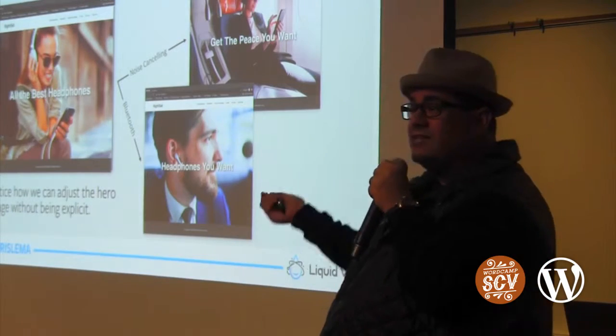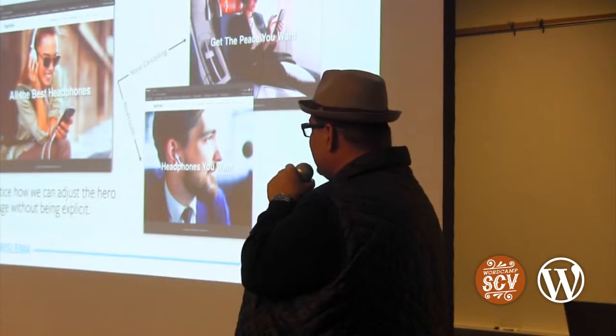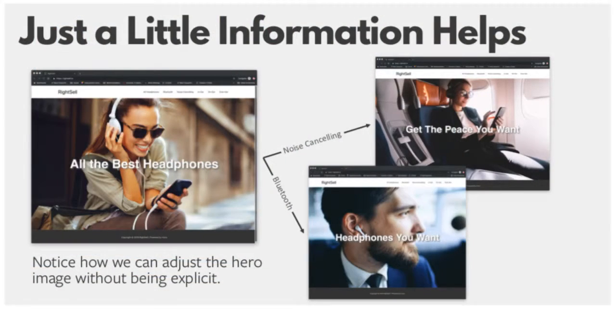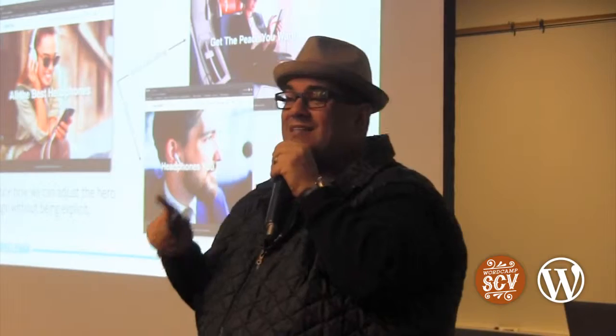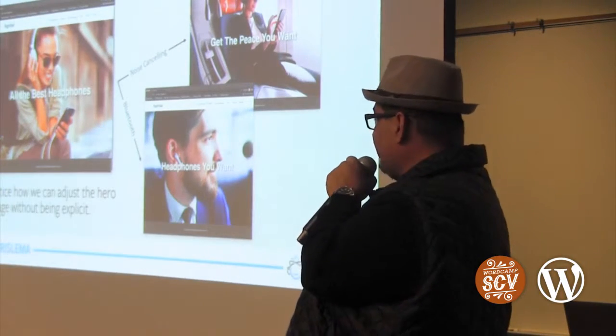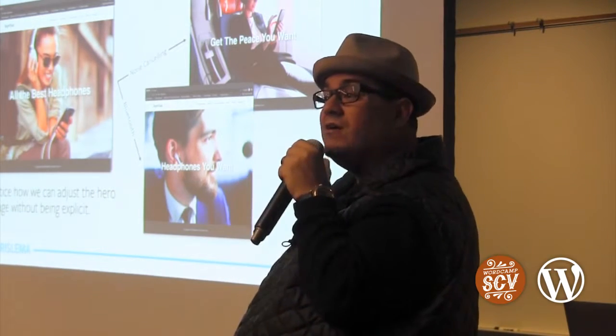When you get to this fake site, at this point it's called rightcell.io, and you have never been there before, you get a tagline that says, all the best headphones. There's a woman, she's got headphones on, and up here in the nav, it has all headphones, and it has Bluetooth and noise canceling and in-ear, on-ear, and over-the-ear, right? Those are the navs. But if you browse the noise canceling or the Bluetooth section, and in fact, because I don't care that much about Bluetooth, you actually have to browse the Bluetooth 3 times. But if you browse the noise canceling first or just once, when you come back to the home page,